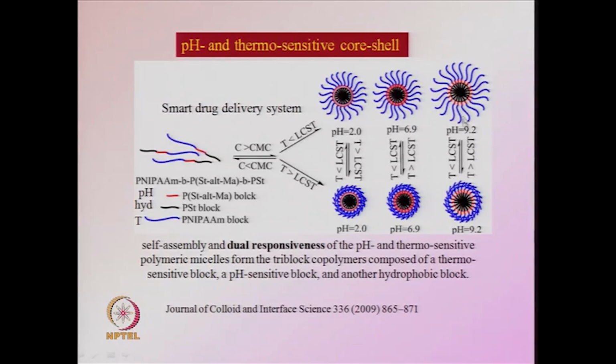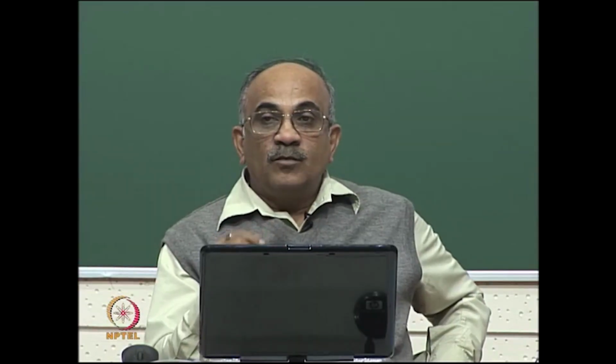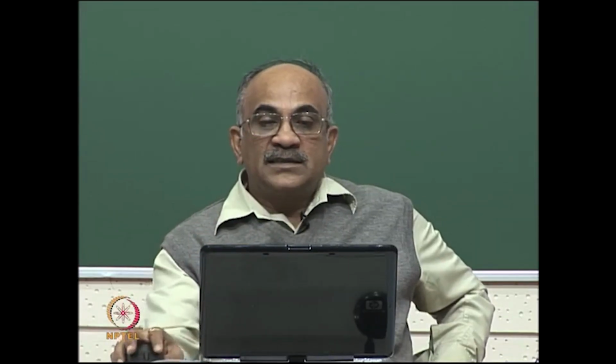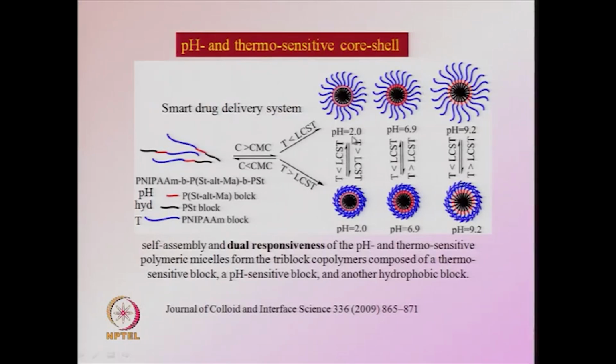So, you have 6 different types of structures, because you are playing with two parameters, which are pH and temperature, and you have a tri-block copolymer which has dual responsiveness. That means it gets affected by two parameters, both pH as well as temperature. So, it is a very well designed, smart drug delivery system. You can put a drug inside and you can vary the pH and temperature, and you can get release of